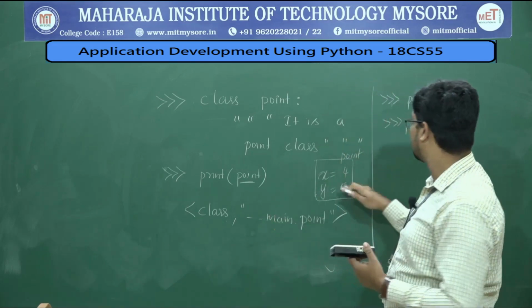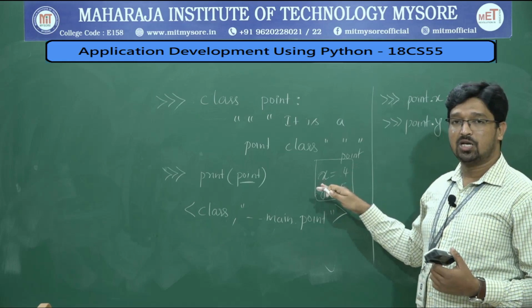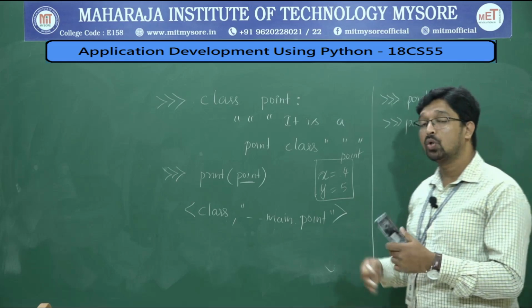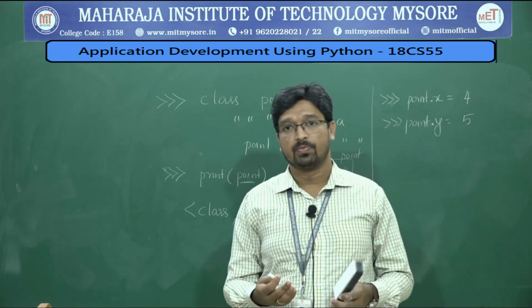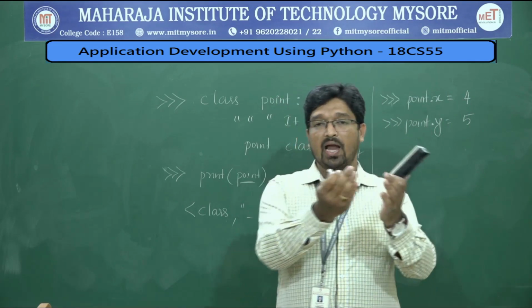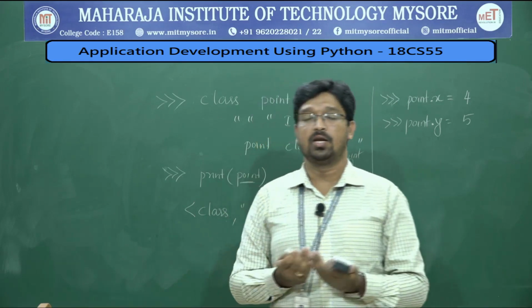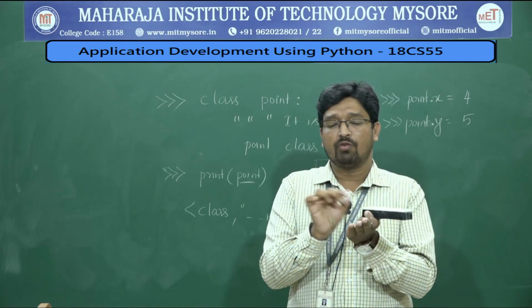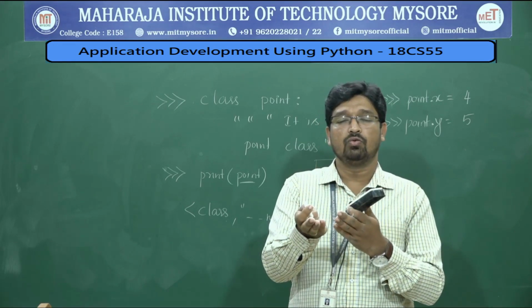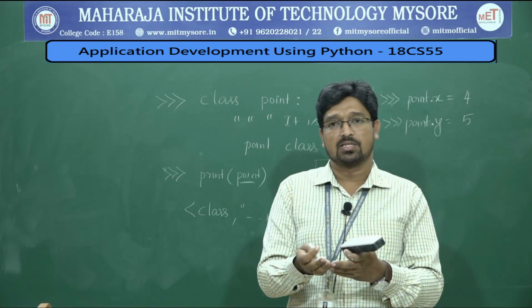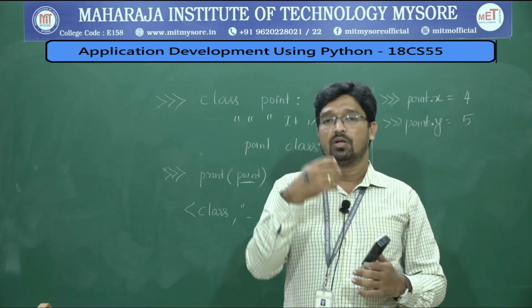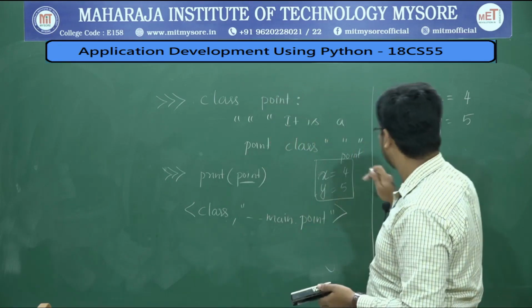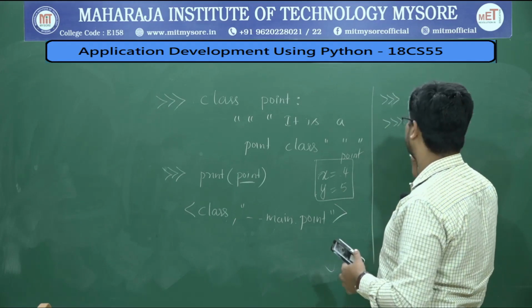In the same way, here we should not fill the details initially. We should not store the values of attributes initially. For that, we need to create an object first. Means I need to get a Xerox of that particular sheet. When I am giving a form to you, I will not fill in all the details. I will give you an empty sheet, then you take a Xerox of that empty sheet, right? Without filling any details. In the same way, we should not perform this operation first.